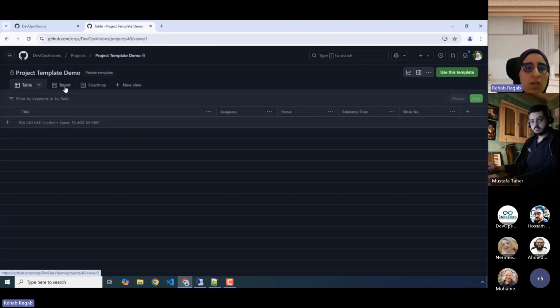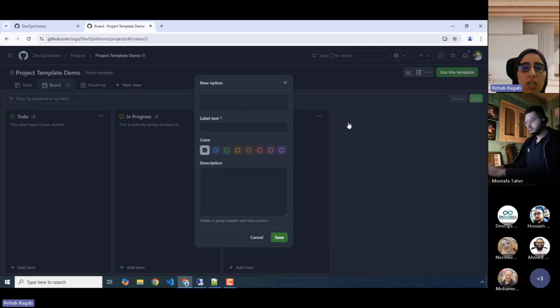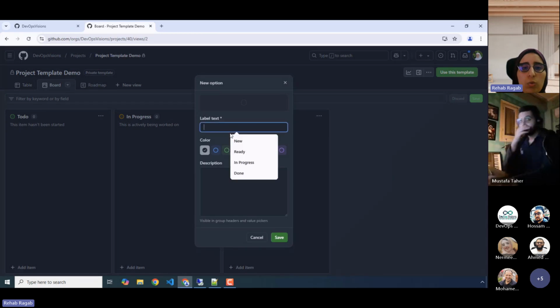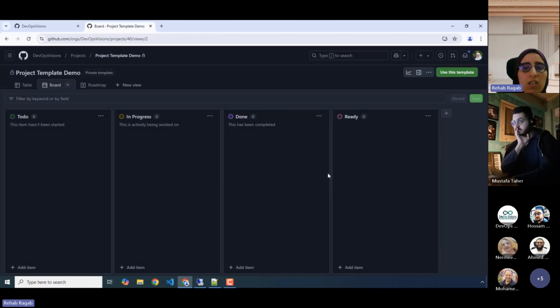And let's make some customization across these views. We have this board view. I have only these 3 columns, and I would like to customize it to add a new column. So I will add a new column and make it ready. Drag this column and drop it here.